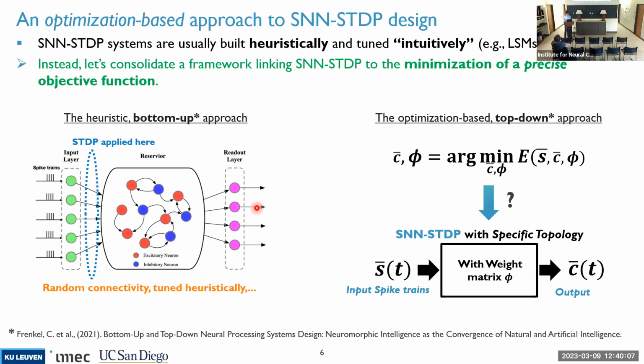First, we need to understand how most SNN STDP systems, such as liquid state machines, are designed. What we see is that they are designed in a very heuristic, very intuitive way. A typical way of designing a liquid state machine would be the following: you would initialize an ensemble of excitatory neurons, and then connect them to another pool of inhibitory neurons. And these inhibitory neurons are connected back to the excitatory neurons in such a way that we create lateral competition between the excitatory neurons.